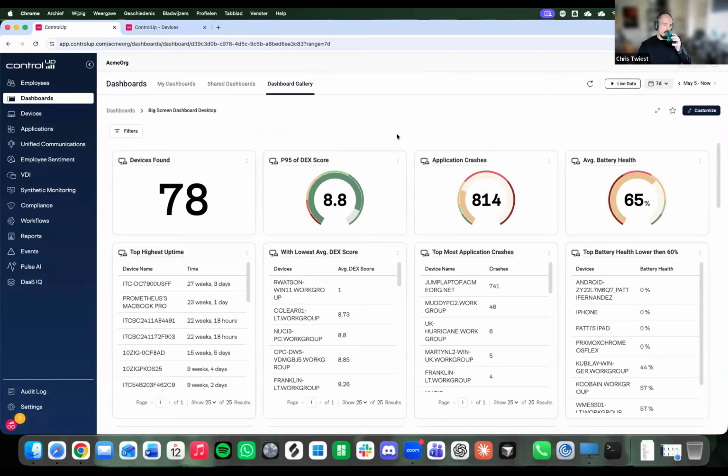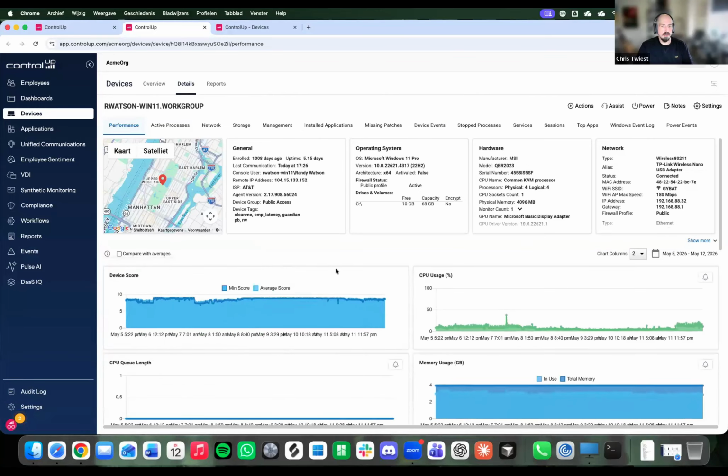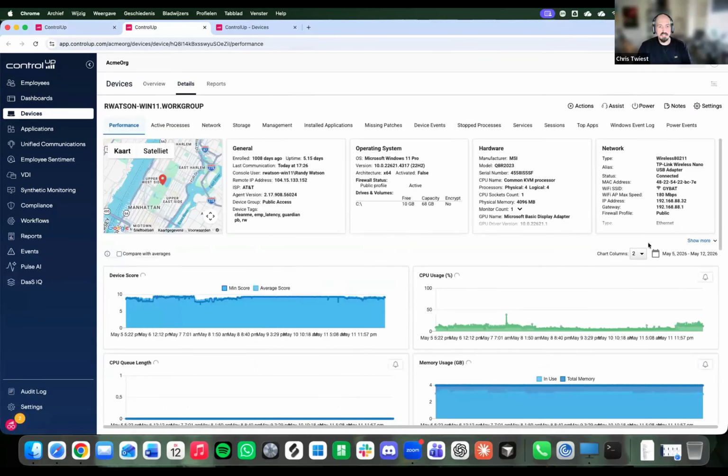So anywhere where you see a device name, you can click on it and it will bring you to the device. But not only that, one thing that we are also doing is sending the time frame. I'm looking now at 7 days of data, so when I click on the device, this will also go to 7 days of data.